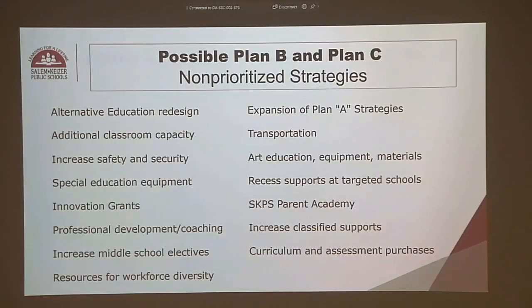One thing that we did here that I do want to call out, the alternative education redesign, you heard that as the #1 strategy in the socio-emotional, if you remember back an hour and 10 minutes ago. That redesign is in process right now. So we wanted to set aside some dollars in Plan B because, if it's not this year's funding, I'm thinking you're going to hear this next year as something we need to devote funds to, because we're laying the groundwork for it now. Additional classroom capacity is another one that we would like to increase. We can talk about that a little bit more.